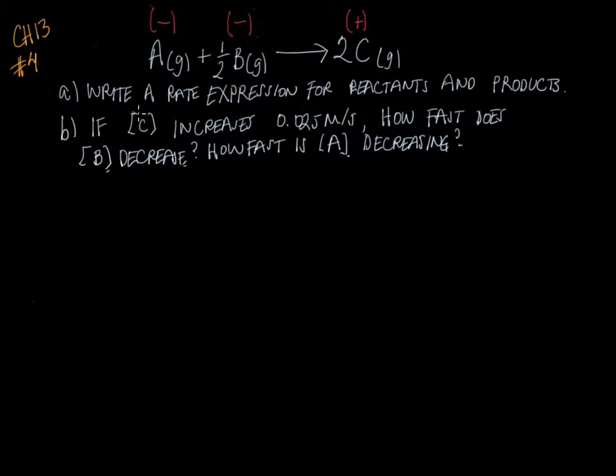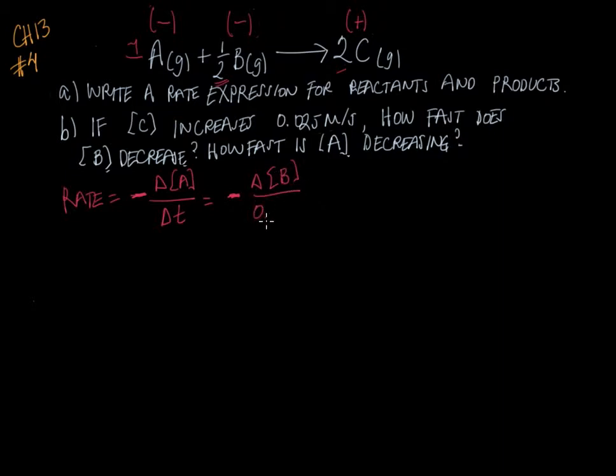So when we write a rate expression, we want to use these signs here as well as the coefficients in the balanced chemical reaction. So we've got a 1, a 0.5, and a 2. So the rate becomes minus, because of that reactant, change in concentration of A over 1 times the change in time. We have another reactant, so that's the negative change in concentration of B